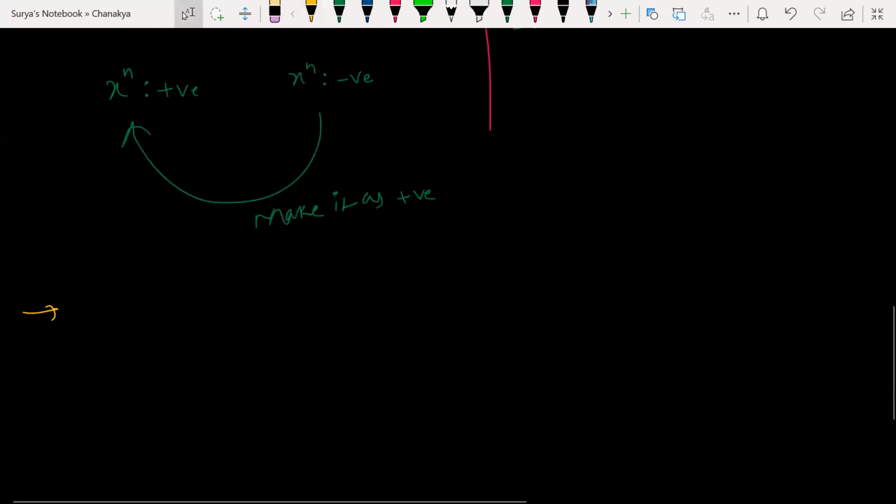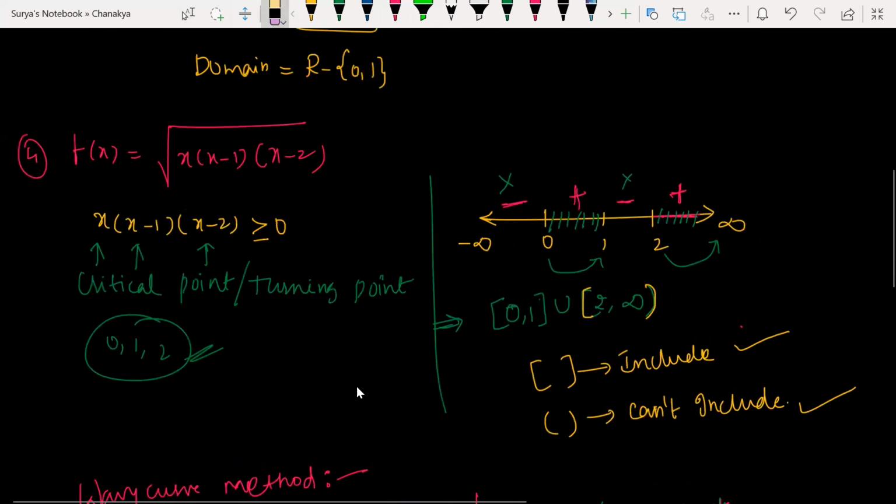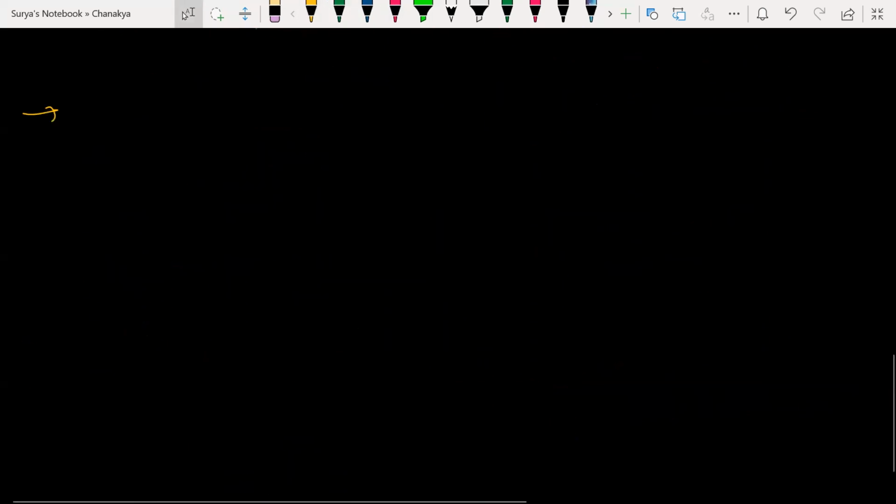And guys, you need to make sure the Wavy Curve method is applicable. Whenever you apply the Wavy Curve method, you have to make sure that all the powers of this expression are always odd. It can be like 1, 3, 5. If it is something like (x minus a) whole square, then you can't apply the method here. Do you understand? Yes or no? Whenever you have odd powers, look at this here. Here also I had odd powers: x power of 1, x power of 1, x power of 1. That is the reason I applied it. If it is not an odd power, beta, you can't apply it. Whenever it is an odd power, then only you can apply the Wavy Curve method here. Okay?